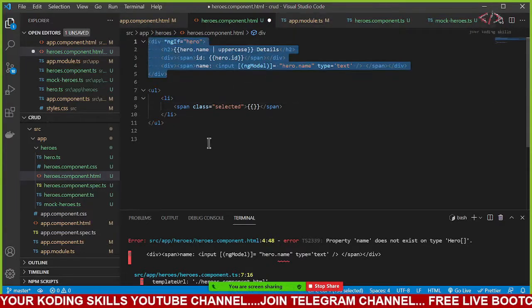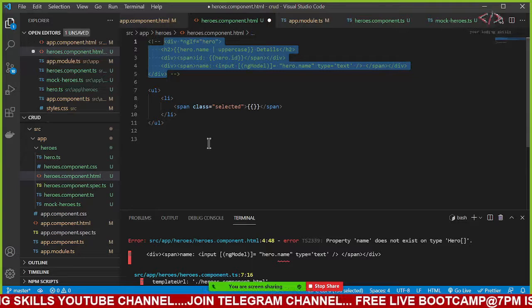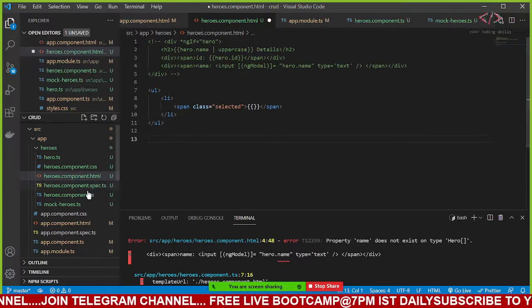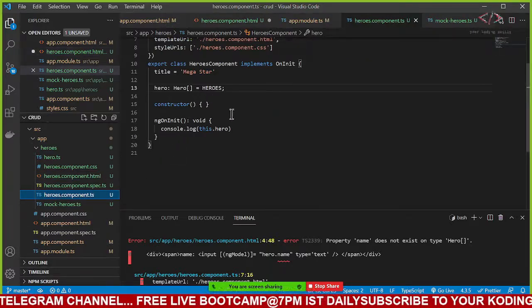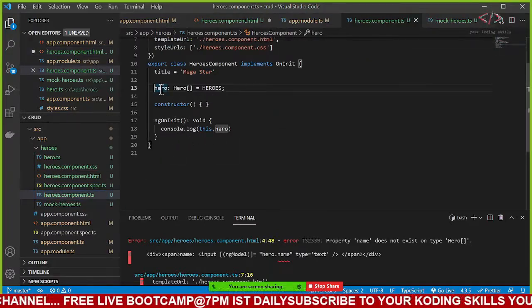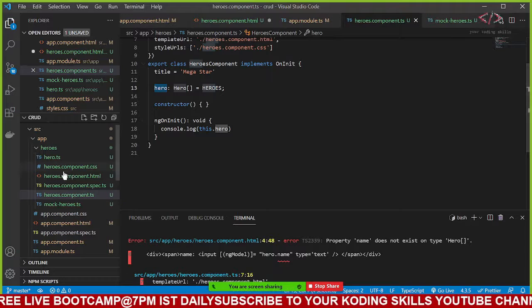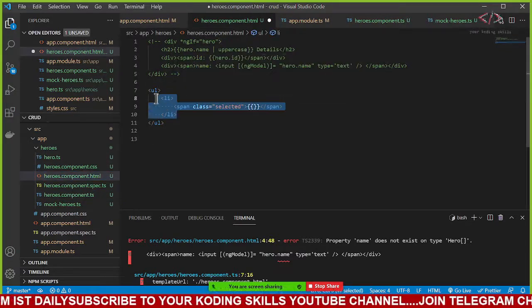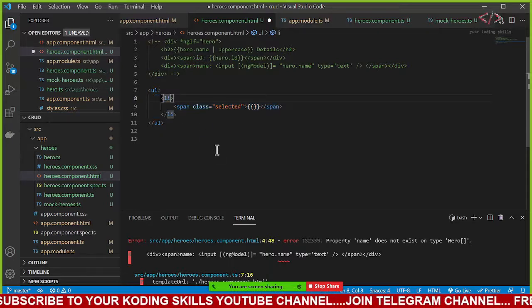Now for now I'll keep this commented. So we are getting some hero data. Okay, what is that variable name? The variable name is nothing but hero. And now I will go to my li because here I want to have the list of elements. My li needs to be repeated.